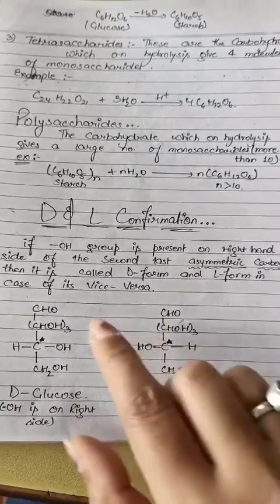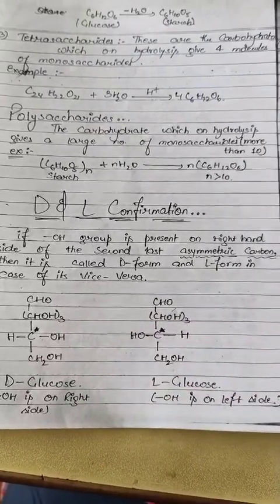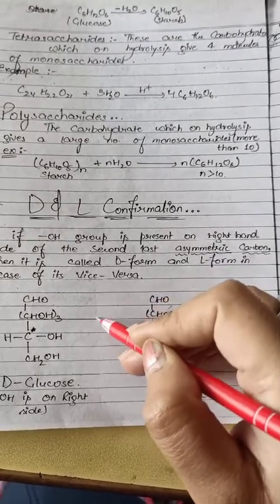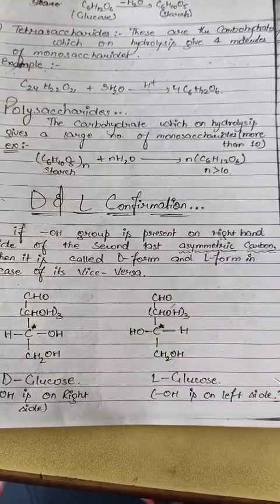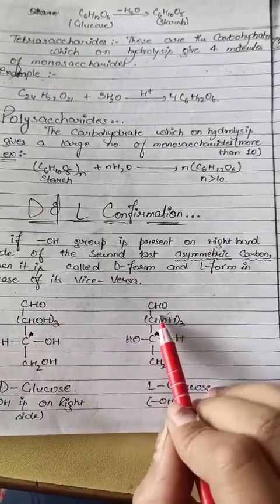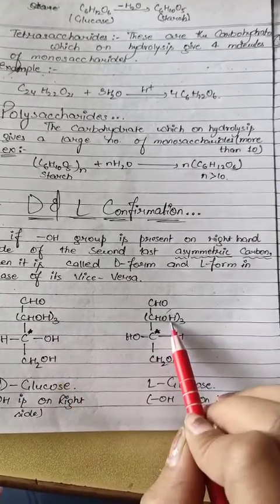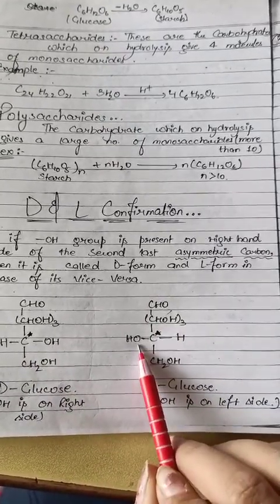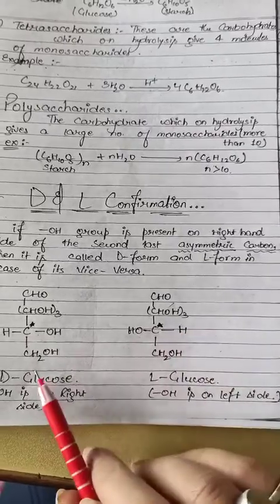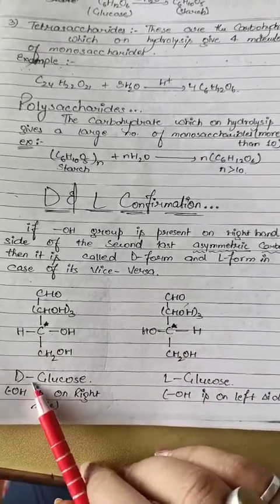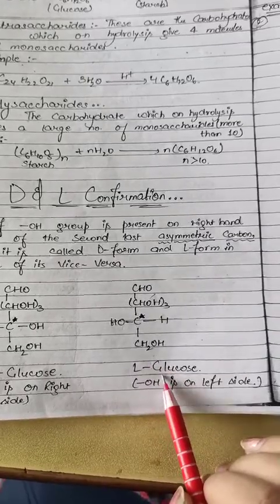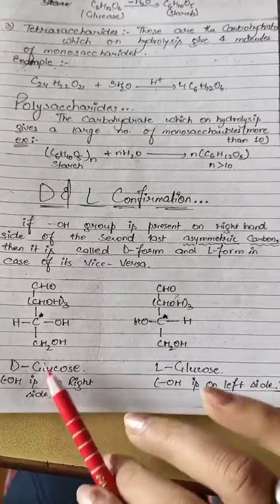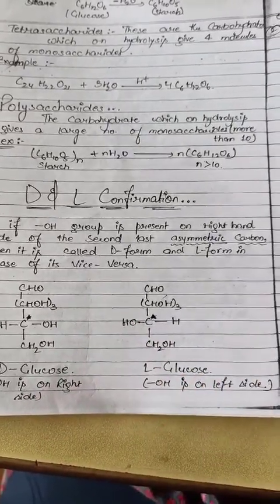So here I have told you that in between we put a mirror. When we put a mirror in between, this line shows the mirror. So it is CHO, CHOH, CHOH, CH2OH. CHO is coming here, in between the mirror is put, then OH will come on this side and H will go on this side. CH2OH. This is said to be D glucose. The other is L, meaning left side, L glucose. Understood? In this one the OH is on the right hand side; you can see here the OH is on the left hand side.